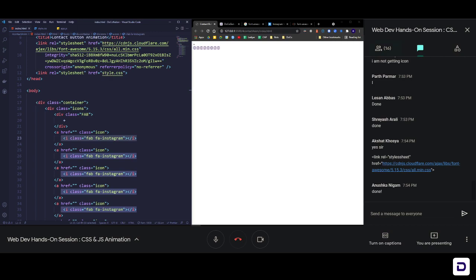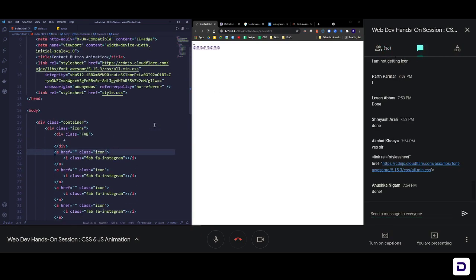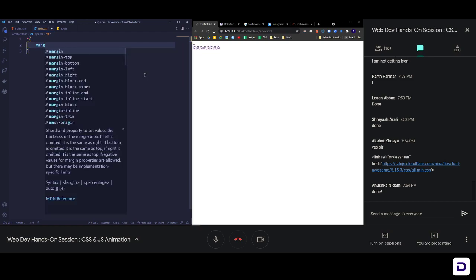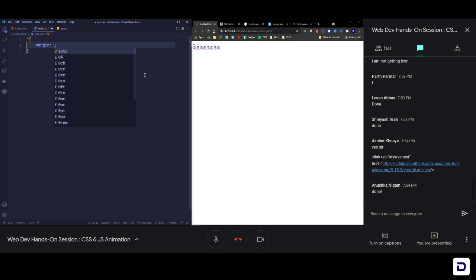Okay, great. So let's move forward, and now what we're gonna do is start styling the whole icon set. Okay, let's start the styling part. So we'll go to style.css, and this is kind of boilerplate code that you add to every single one of your CSS files before you start styling. This is not defined anywhere, but I advise people to do this anytime you are styling your website, so that you don't have any browser-applied styling by default.